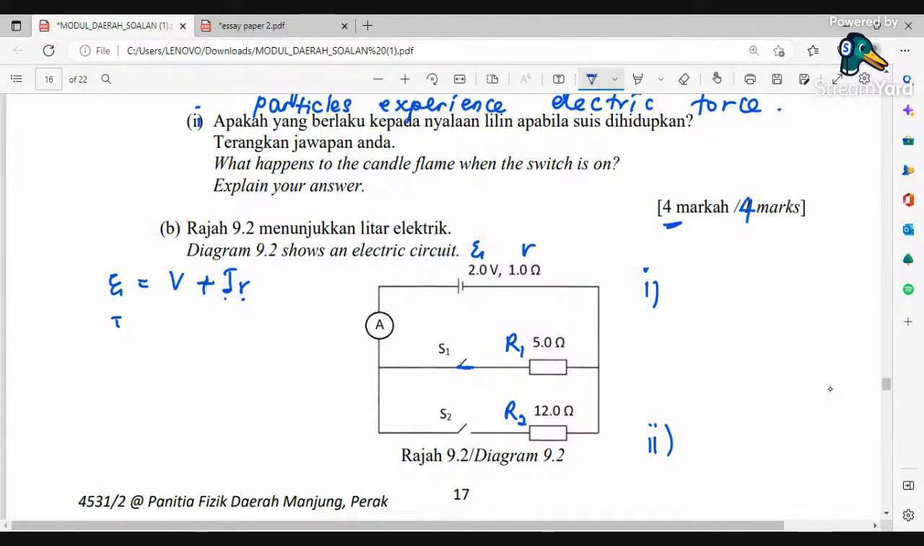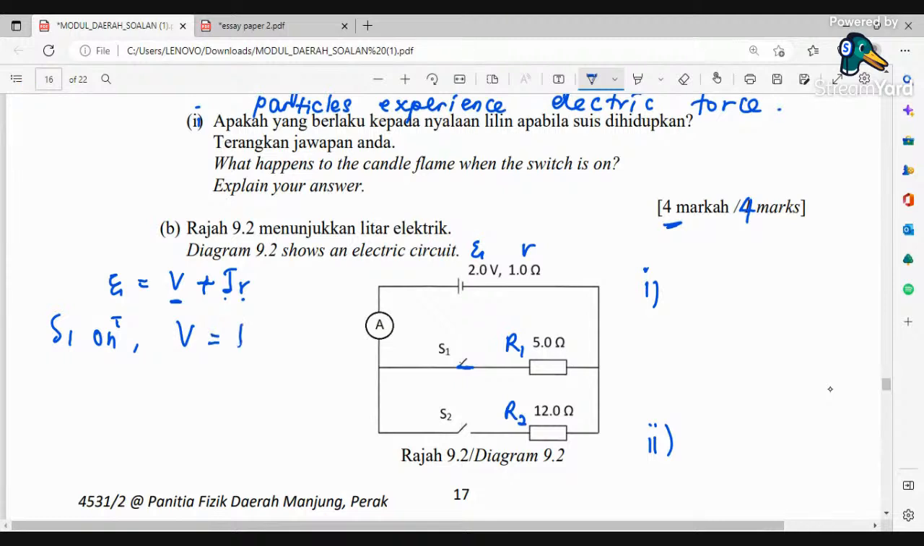Electromotive force means the total voltage supplied by the battery. Some will be used to overcome external resistance, which is V, and some will be used to overcome internal resistance. The work done to overcome the external resistance actually equals the voltmeter reading. If we put a voltmeter across the battery when the switch is on, it should be the same. The reading of the voltmeter across the battery and across R1 should be the same when the switch is on. So we can say from here, if only S1 is on,